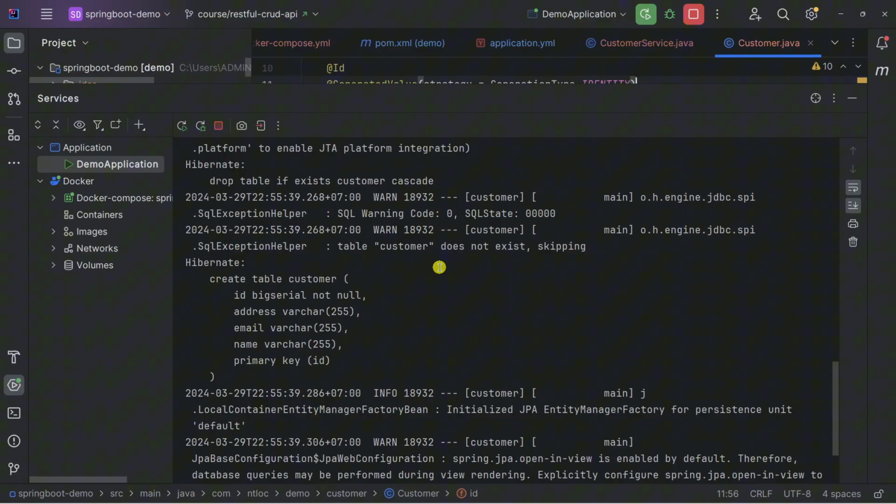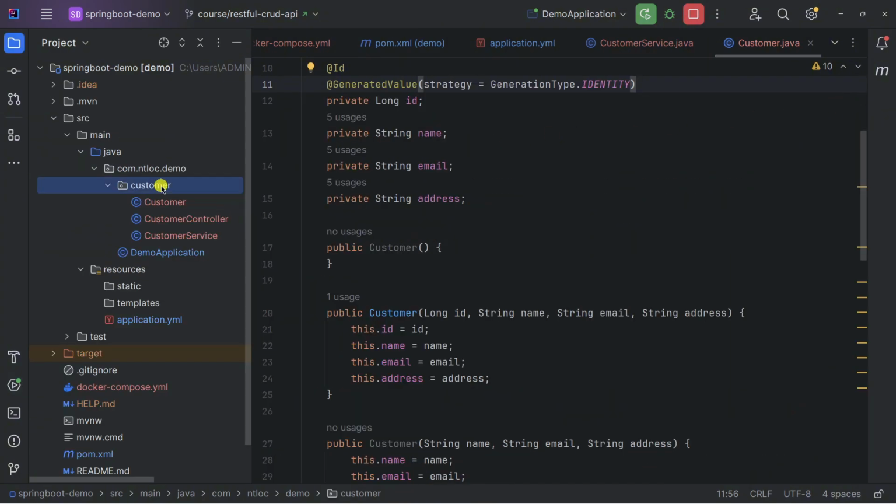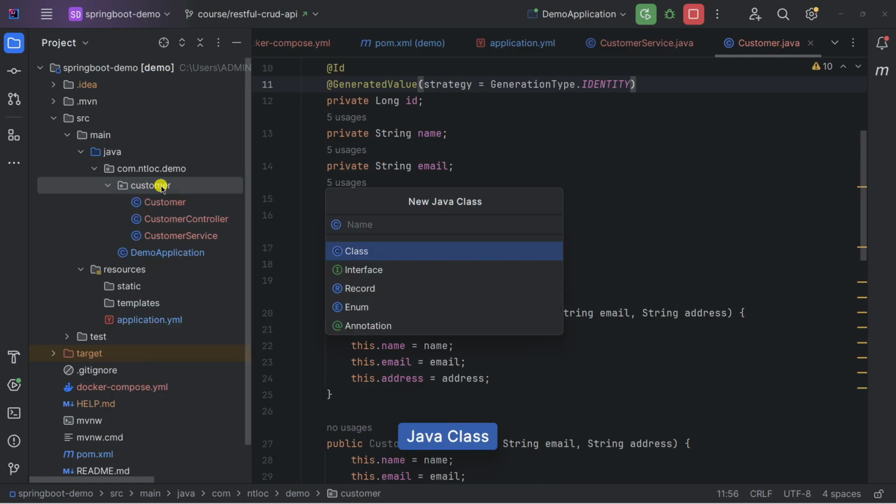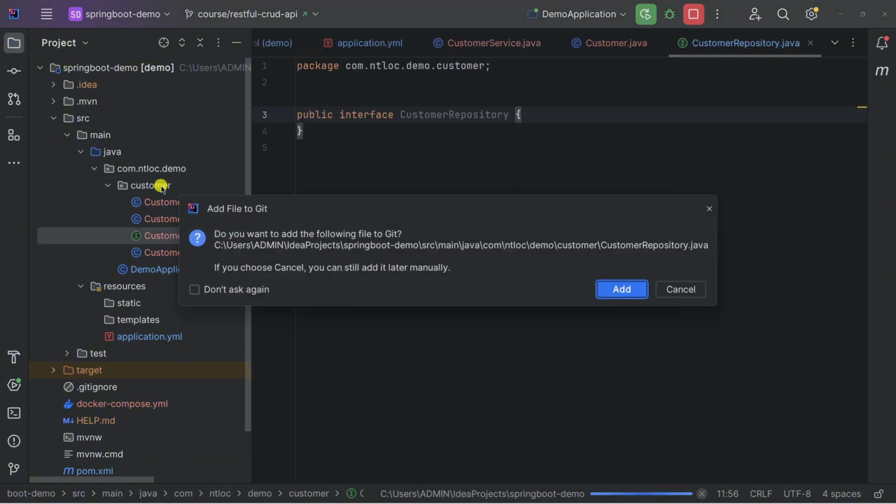So go back to IntelliJ and close this, and under the customer package I would like to create a class called CustomerRepository, and this will be an interface.